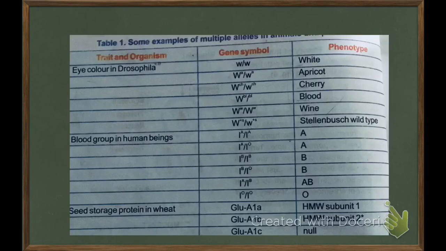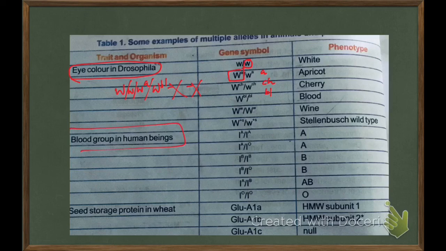These are examples of multiple alleles, such as eye color in Drosophila. You can see capital W as well as small w. Over that you can see we are writing small a, CH, PL, etc. So on a particular homologous chromosome at a particular site we can see capital W, small w, W and small a, W and BL. So many alleles can occupy this position. Such a condition is multiple alleles.